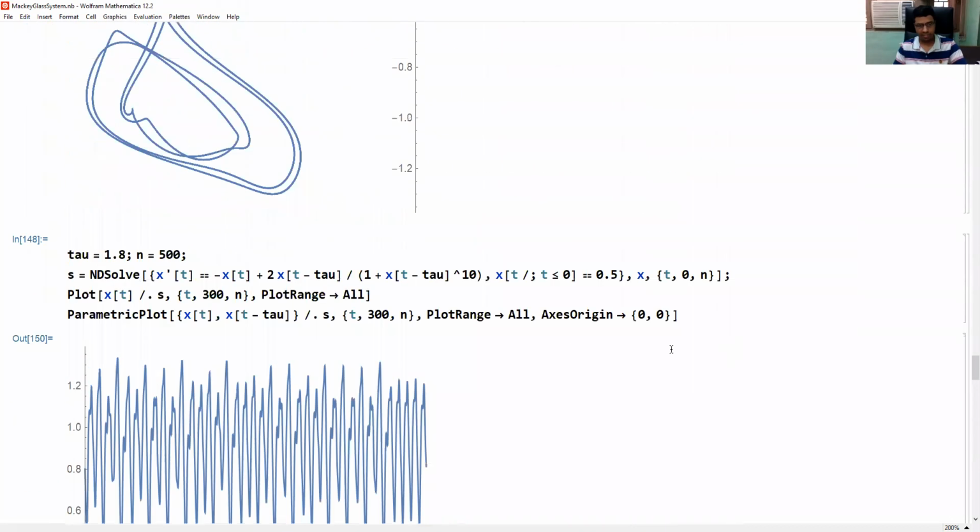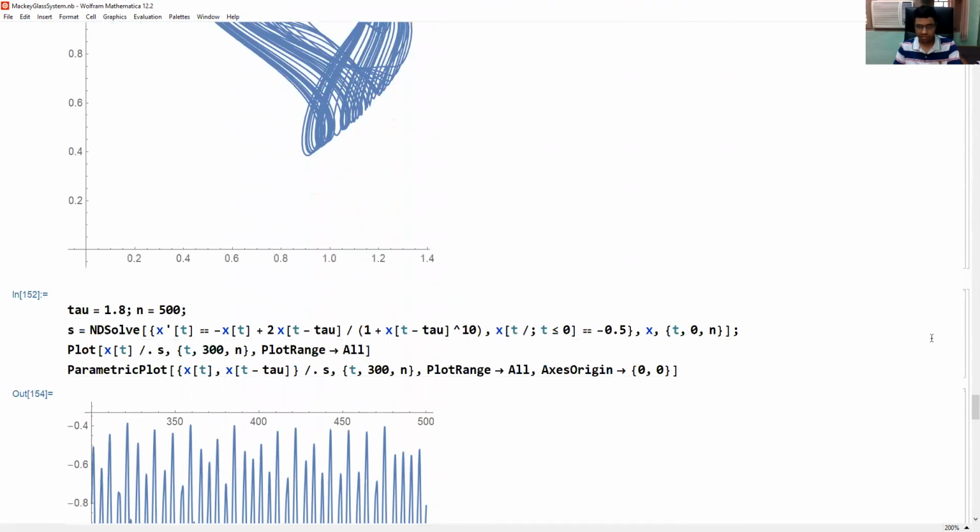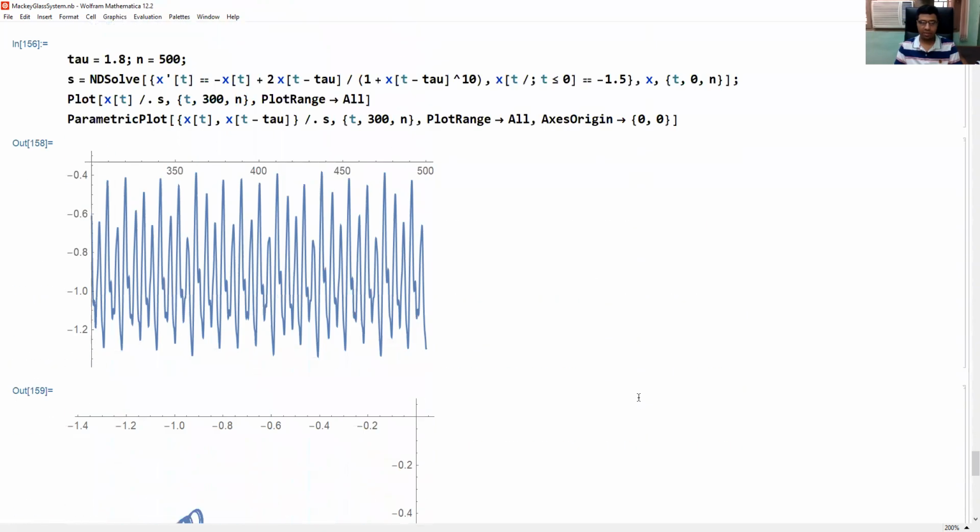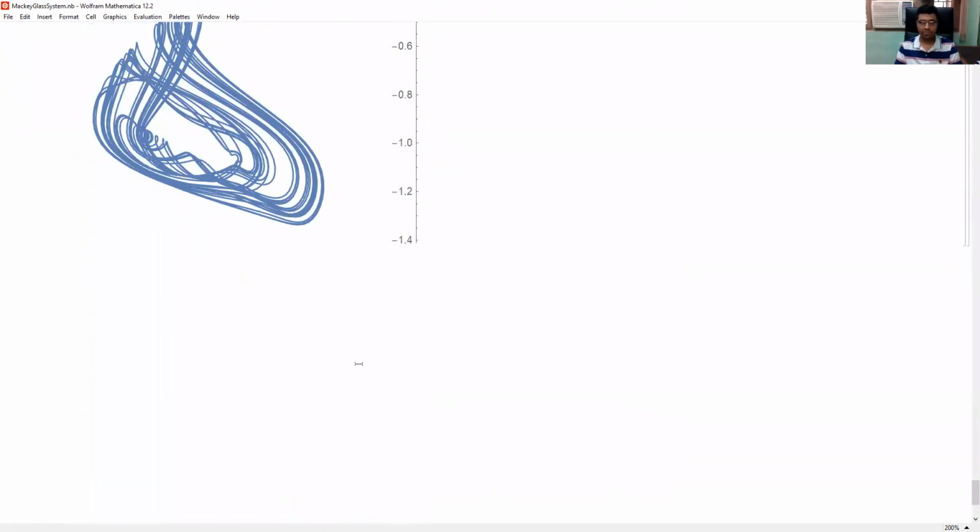So we may check what happens after this. In some cases, we again get periodic things. Okay, these are called as periodic windows. So initially it is stable, then periodic, period doubling, chaos, again periodic, stable, like that. Okay, so such things are called as periodic windows. These things can be better viewed using bifurcation diagram.